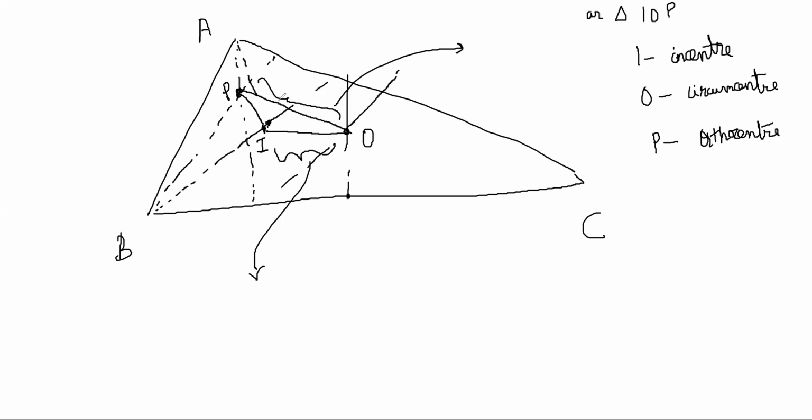Sure, Kanish? Okay. So these two are fine, but this angle is not known, no? None of the angles are known right now. We don't know about angles, so we need at least one angle and two sides to solve the triangle, right? It is going to be difficult to get this angle. I have tried it, it's quite hard to get the angle.